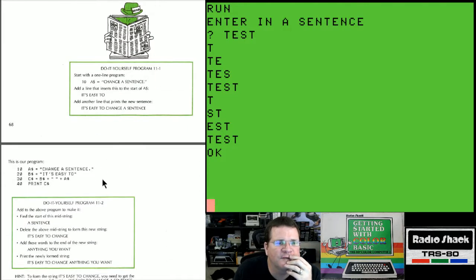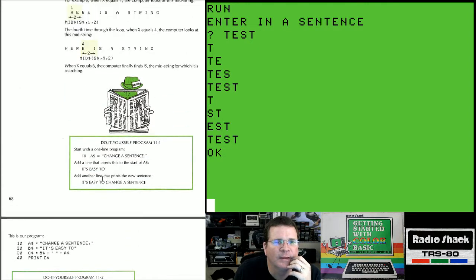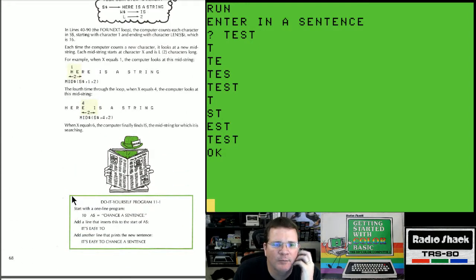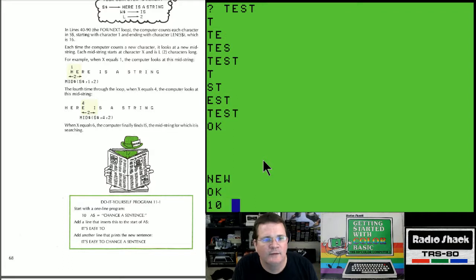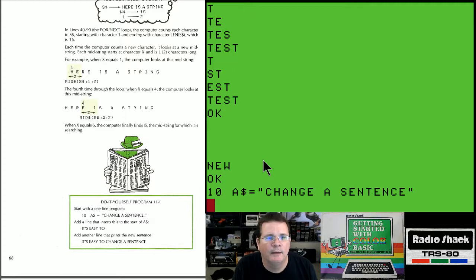It's easy to change a sentence. Okay, here's our program. It says, start with a one-line program. 10, A string equals change a sentence. And then add a line that inserts this to the start of a string. It's easy too. All right, so let's try that right now. So we're going to start off with line 10. A string equals change a sentence. Okay, and then we need to say 20. B string equals, quote,